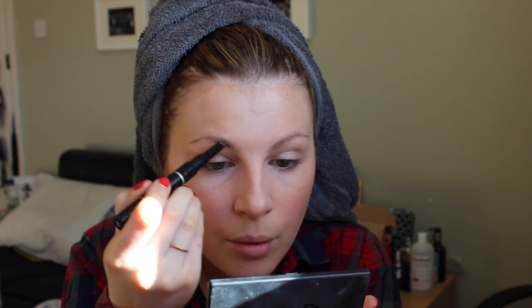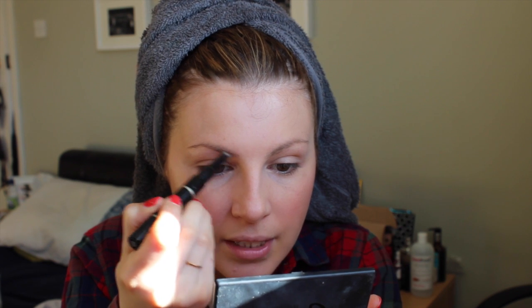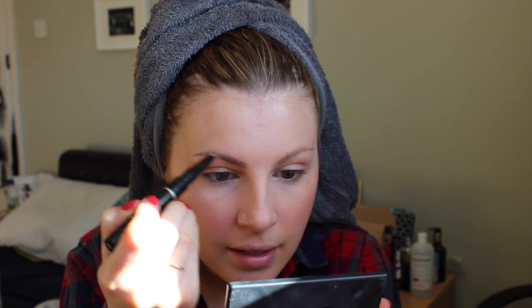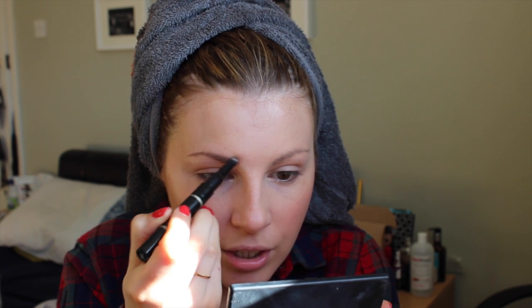Eyes wise, I've got my Brow Tech To Go by Smashbox, which you guys know I love, and is pretty much the only eyebrow pencil that I use. I am trying some new ones, and I know that Sleek have one that's similar to this. I know that it's angled like this, but in truth I'm not really that bothered about the shape of this. It's the texture, and I don't like it to be too waxy, and this really isn't waxy at all. I just love everything about this, and would be more than happy for it to be a different shape entirely,